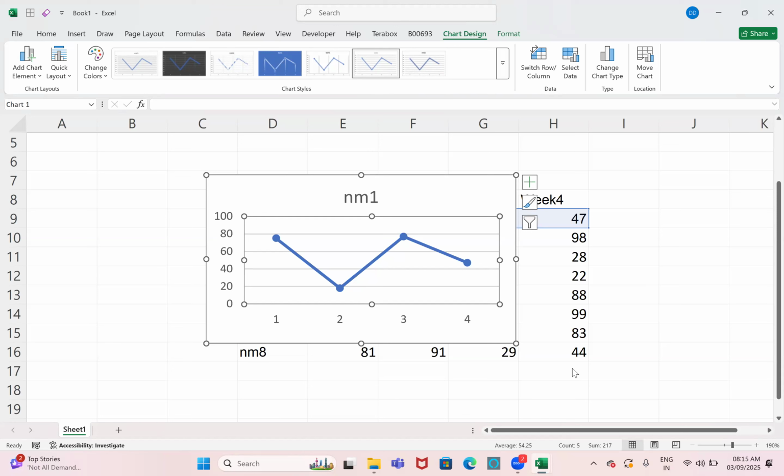What is dynamic chart? Maybe I'll keep the values in the drop down so that whatever value I select, based on that it should create a chart. But again, the problem is when you have so many values, selecting one of the values from the drop down is also very difficult.